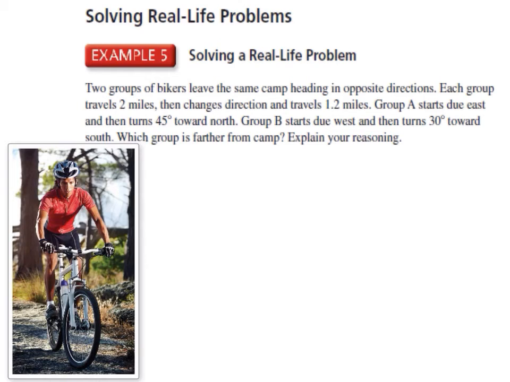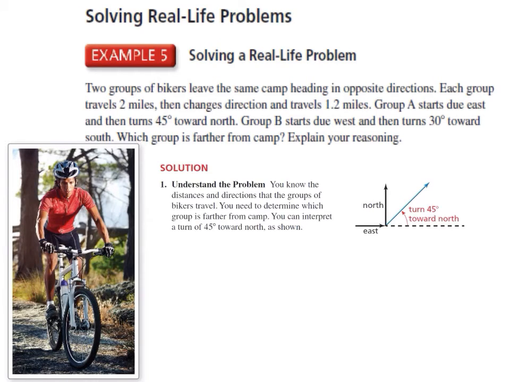Explain your reasoning. Let's start by understanding the problem. You know the distances and directions that the groups of bikers travel. You need to determine which group is farther from camp. You can interpret a turn of 45 degrees towards north as shown here. So if we went due east and then we turned at a 45-degree